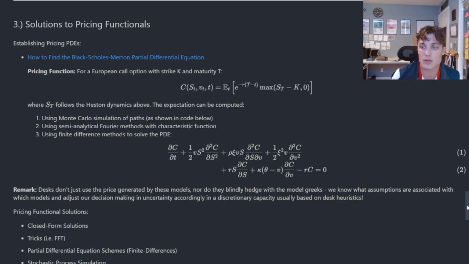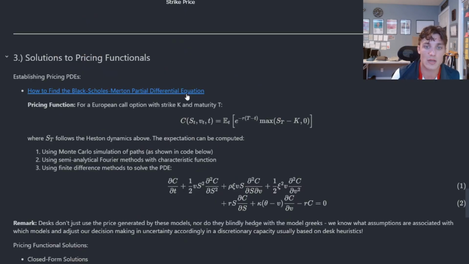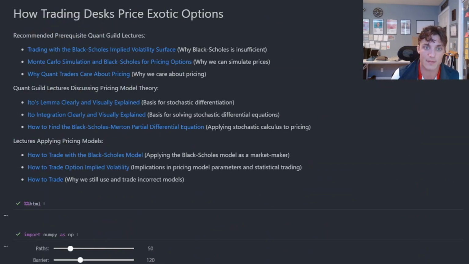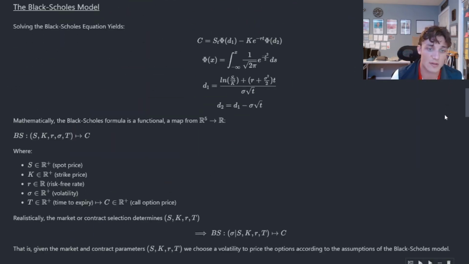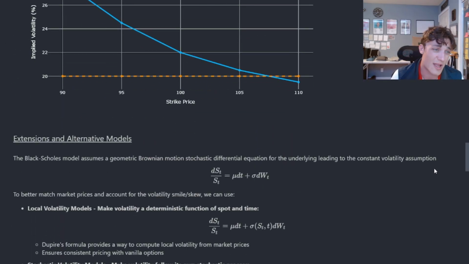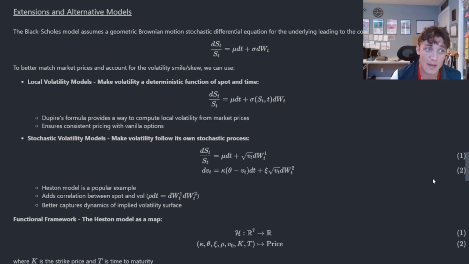So I certainly encourage you to check out, and I link the video here, and I also link it at the top of this Jupyter Notebook. You can check out how simulation pricing works. It's the exact same way in the Black-Scholes framework as it works with the Heston framework. And I also talk about how we can go about deriving the partial differential equation in the Black-Scholes framework, and the extension to the Heston framework is exactly the same as well. So certainly encourage you to check those videos out for more background information on how to produce European option prices